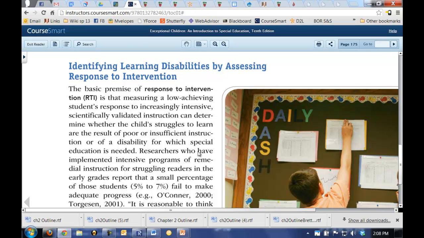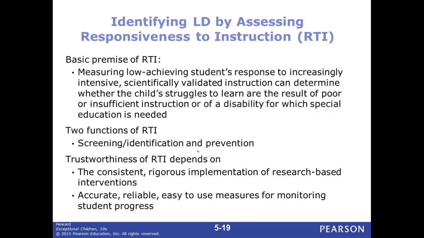And then we get into response to intervention. Let me just go back to the notes for that, if you would. Here's the basic premise of RTI, and again, hopefully in your reading methods class, whatever one you're in, they will spend some extensive time on RTI. It's measuring low-achieving students' responses to increasingly intensive, scientifically validated instruction. Remember, I've talked about this many times, that you have to have that term in there. Whether a child's struggles to learn are the result of poor or insufficient instruction or a disability for which special